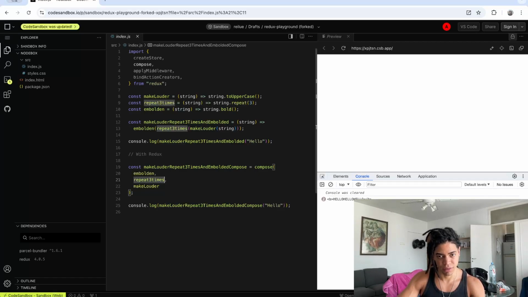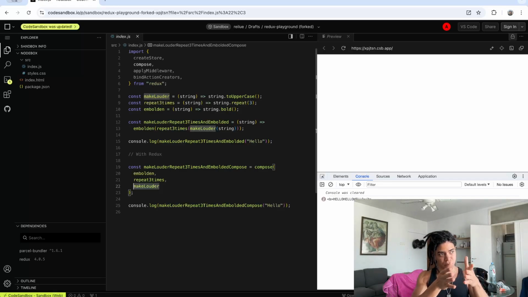So the output of this will be passed as an argument to this function. So it's going to embolden, then repeat these things 3 times, all right, and now the output of this will be the argument of this function, which is make it louder. That's why this actual thing is working, because it's doing that